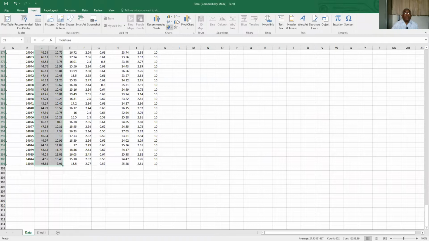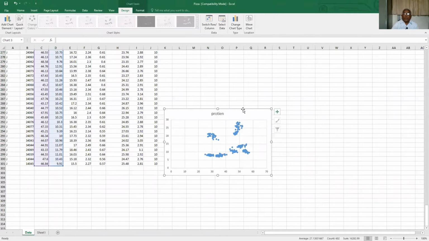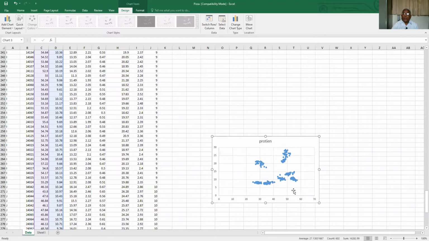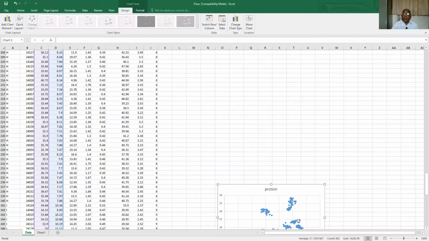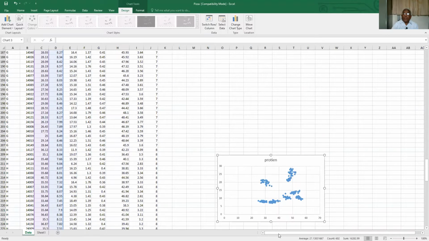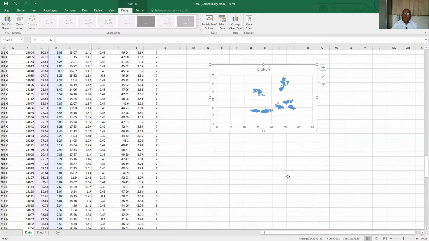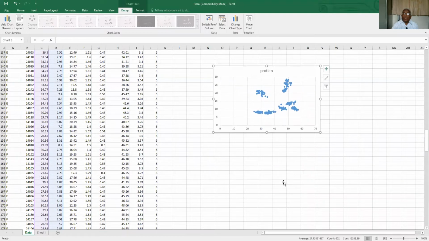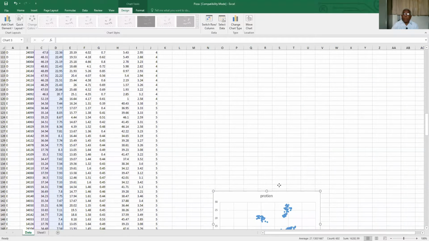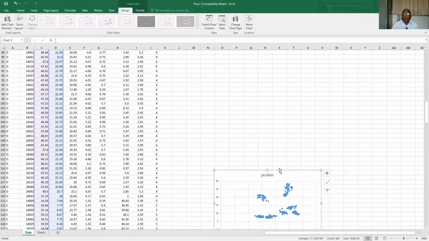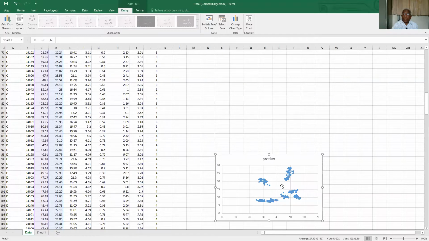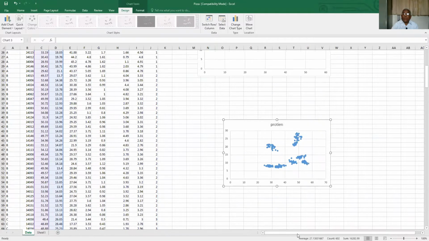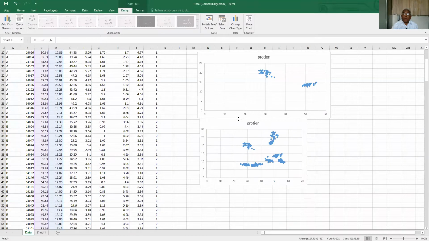Okay, now let me insert once again the scatter plot. Can you see all my working? Yes. Can you see my working? Whatever I am sharing, I hope you can see it very well, because I want to give you the live demonstration of this.